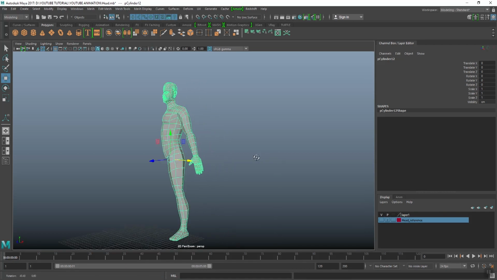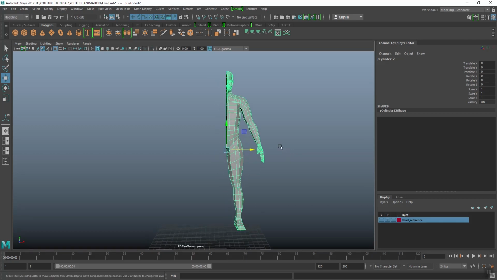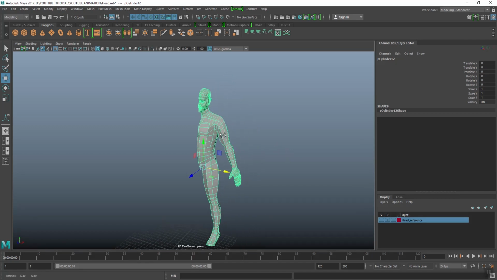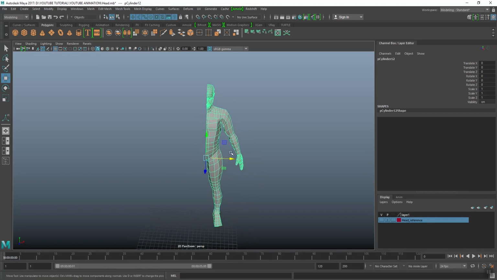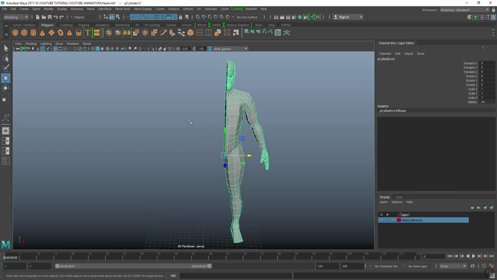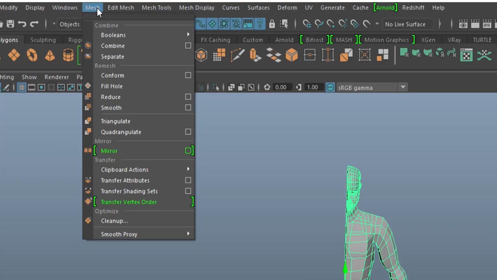So here you can see I have one half of a character. I want to mirror this character from the x-axis to the negative x-axis. So first go to the mesh menu and choose the mirror options,